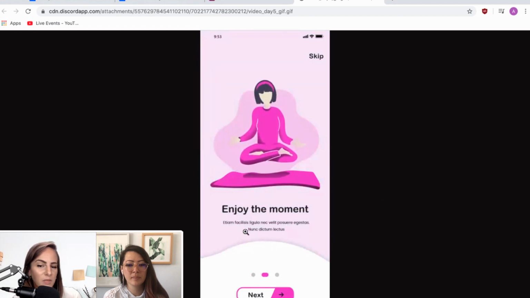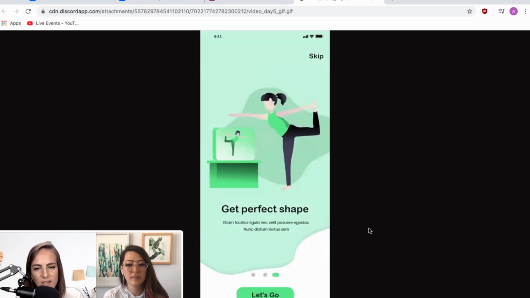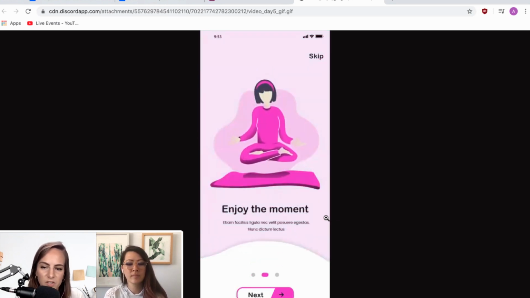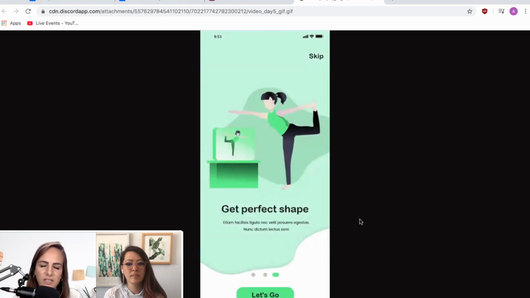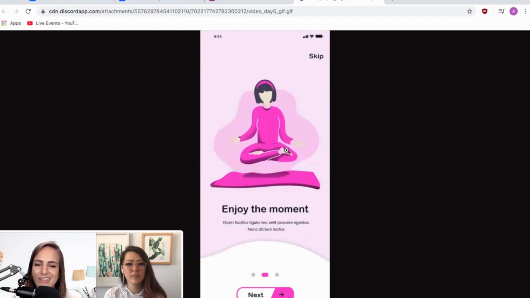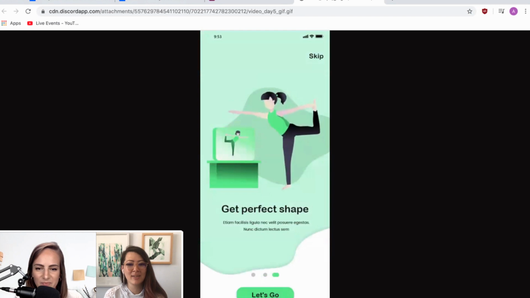We do have some lorem ipsum text here, which I try to stay away from, even if it's just a mock-up, so it feels more finished and I can actually read what is going to be on this page and what the app is actually about. But I do get in general that this is a health app. We're talking about getting in shape, and we've got these cute little illustrations. I actually love that they're moving. Like this girl's floating. Love it. That's so cute. Yeah, this animation is so cool.